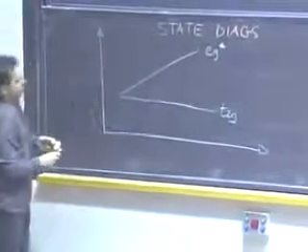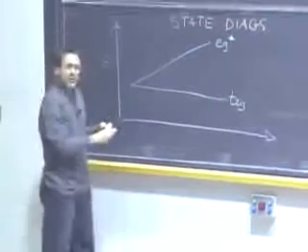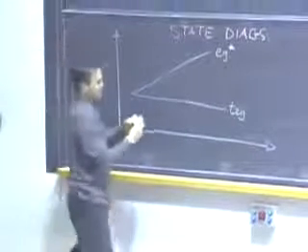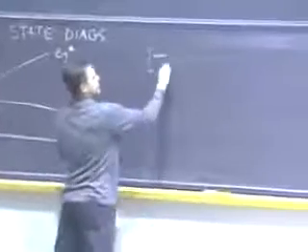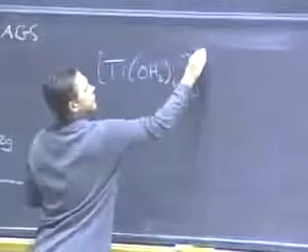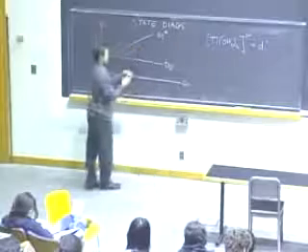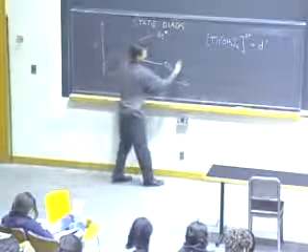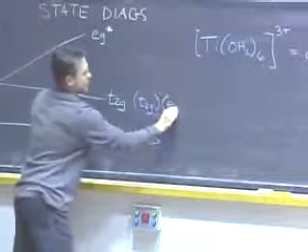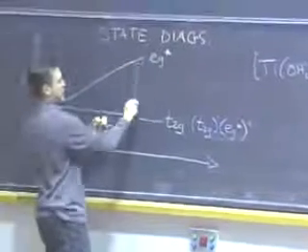And the graph that I'm making here is related to the idea that for a system with only a single electron, so this could be, for example, titanium hexaaqua, Ti(OH2)6 3+. This is a d1 system, and it can go from a ground state configuration of t2g1 eg*0, and then upon absorption of light,